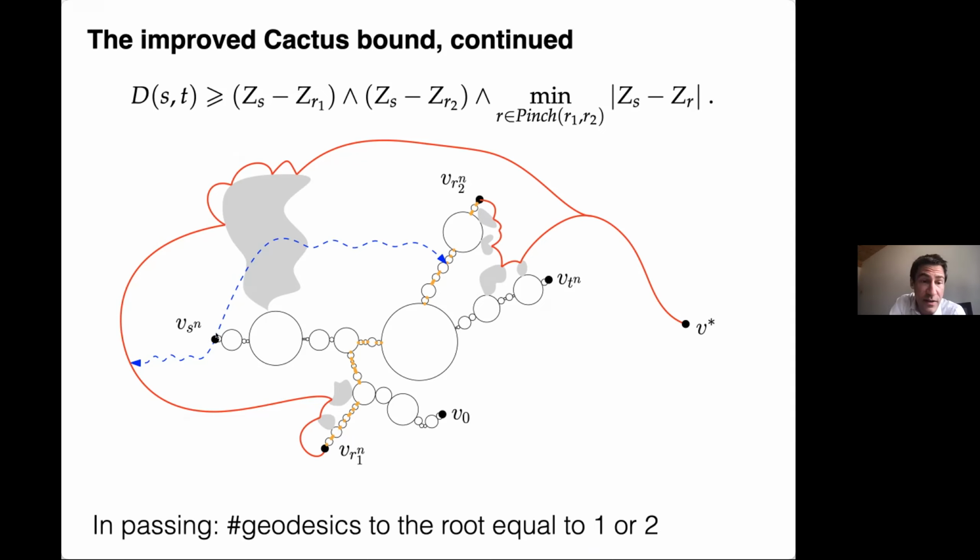Now, the key observation is that in this loop tree, if you want to go from this point to this point, you have to cross one of these loops, and you have to cross at a pinch point. A pinch point in the discrete is a point in between loops. And there are very few points like that. It is very plausible that none of these points has the good label 100.